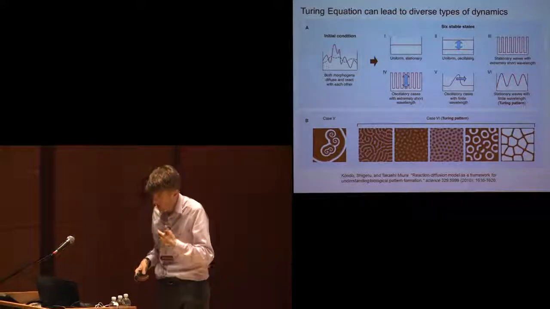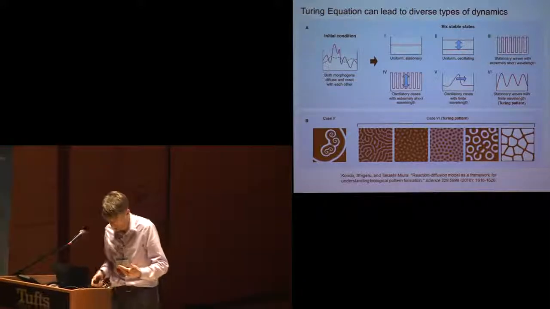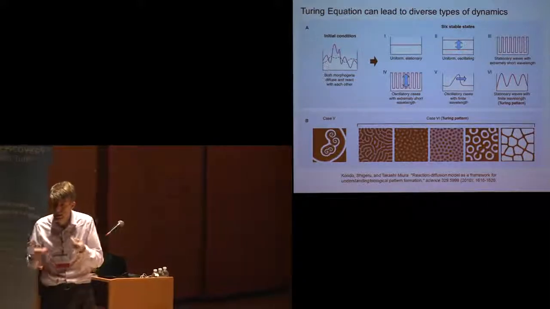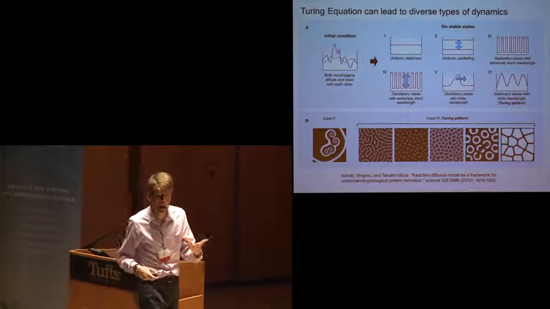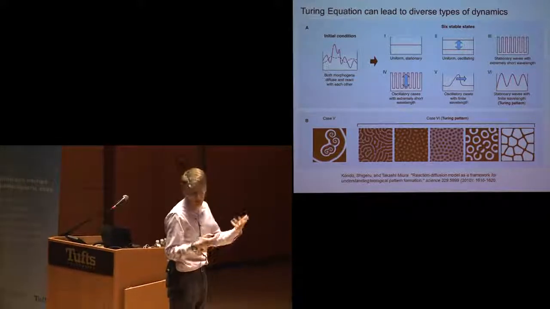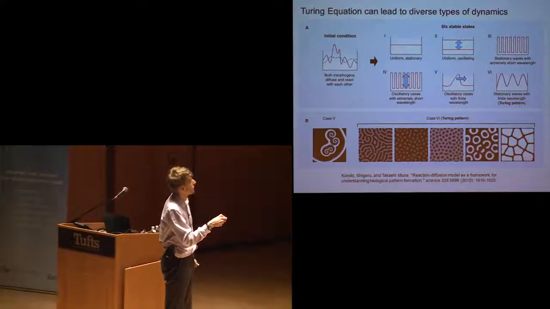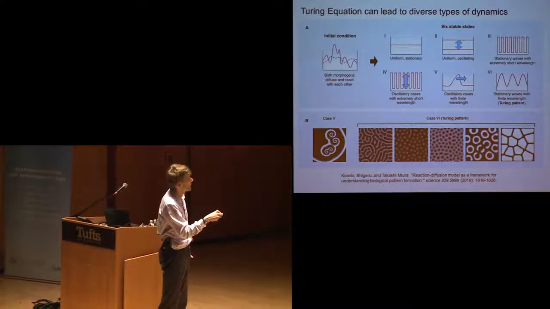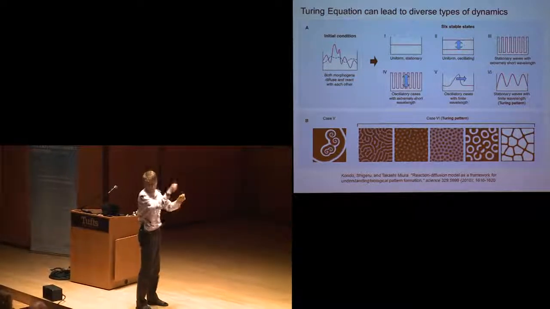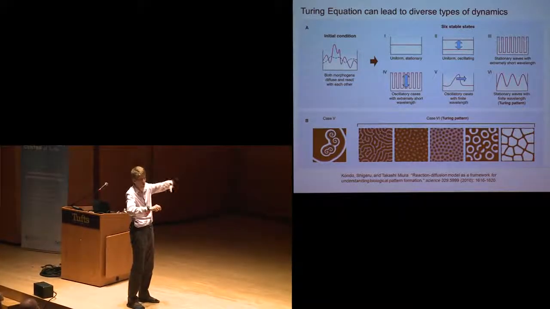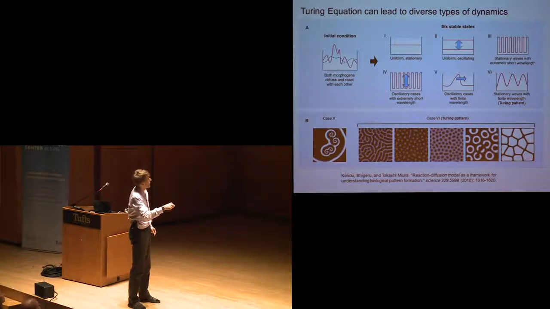So if you look at the Turing model of morphogenesis, depending upon the values of the parameters in those equations, you can get different kinds of dynamics. And you can classify them as 6 different types. There's the most boring, which is nothing's happening. You can get uniform oscillations. You can get stationary waves with very high frequency, so where like from one cell to the next things oscillate. You can get oscillating waves with very high frequency. You can get propagating waves, and you can get these stable patterns.